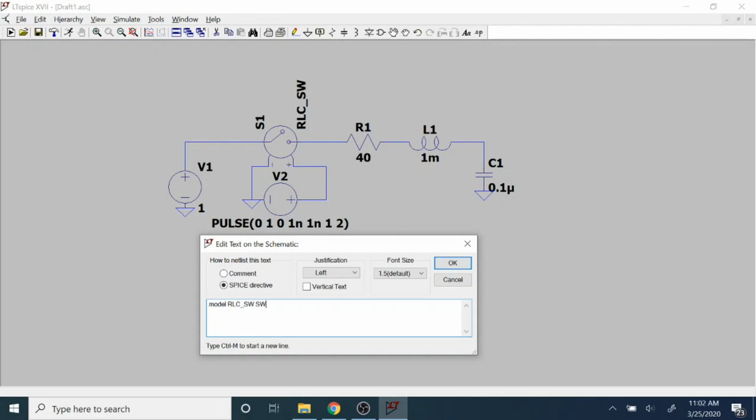That's the default. SW is the default identification for the switch, and there are 4 things that you can set for the switch. But for our simulation, we will set the resistance when it's turned on to be 1 ohm, when it's off to be 10 meg,